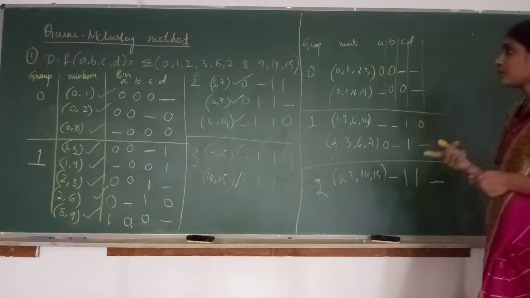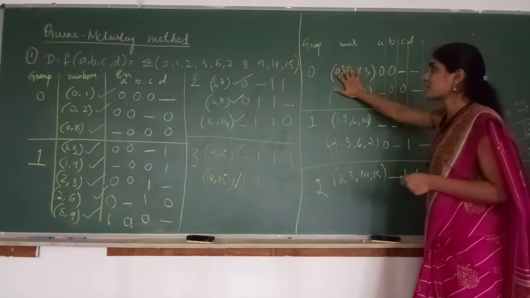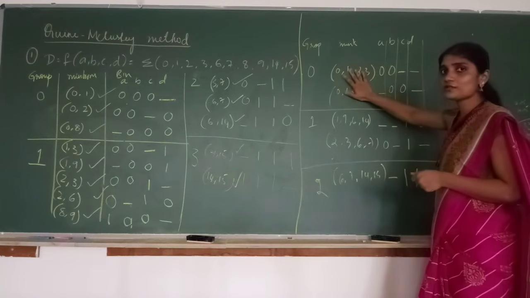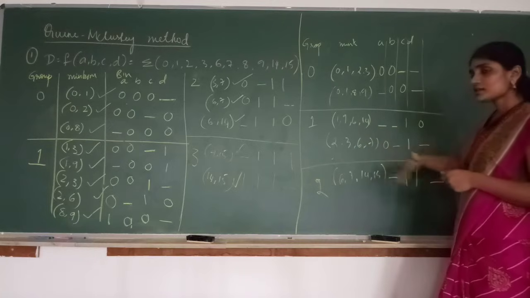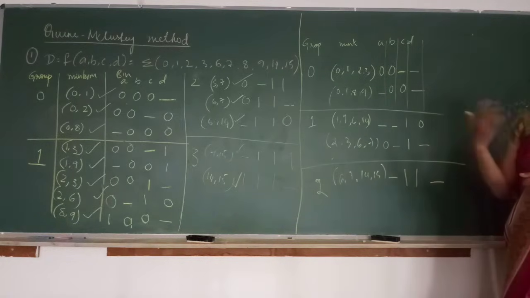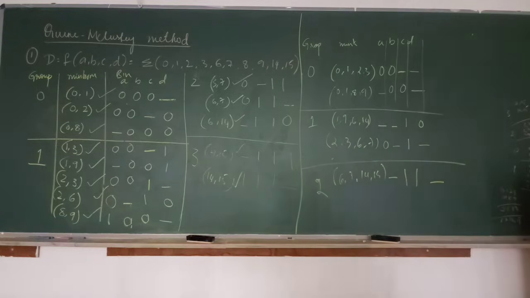What is the next step? Again create the next table by comparing the group of the mean terms that are present in the next table, that is the 4th, 5th table, with this. Compare this with this, this with this. Is there any possibility to form groups of 8 or not? Okay, so that is our next table.